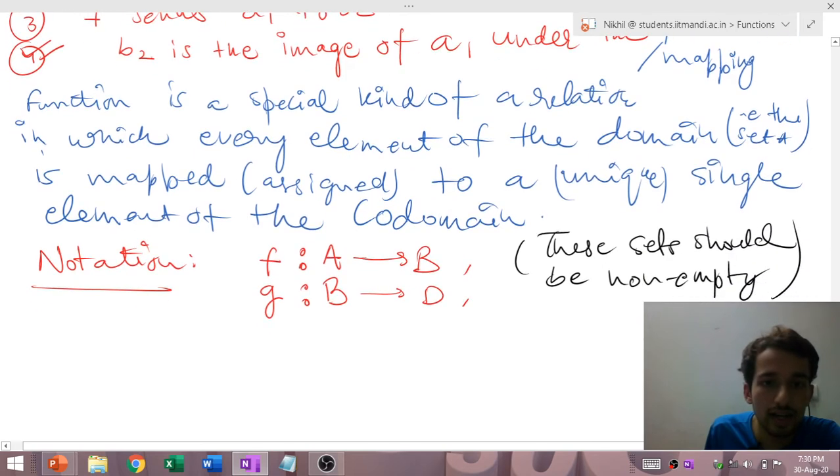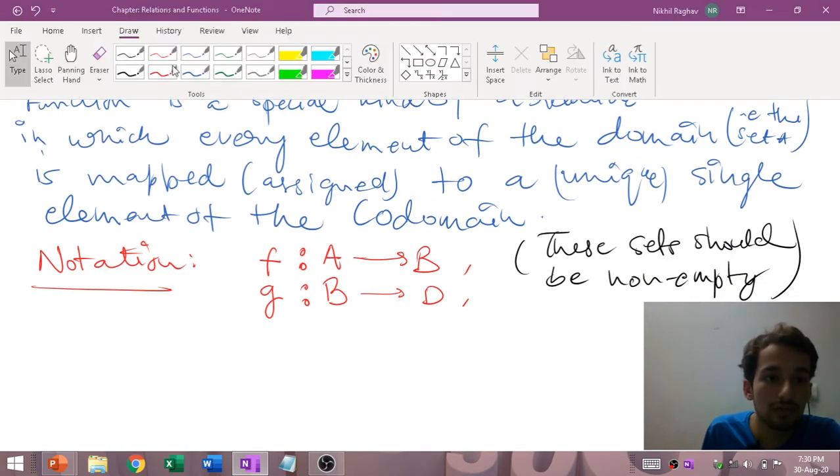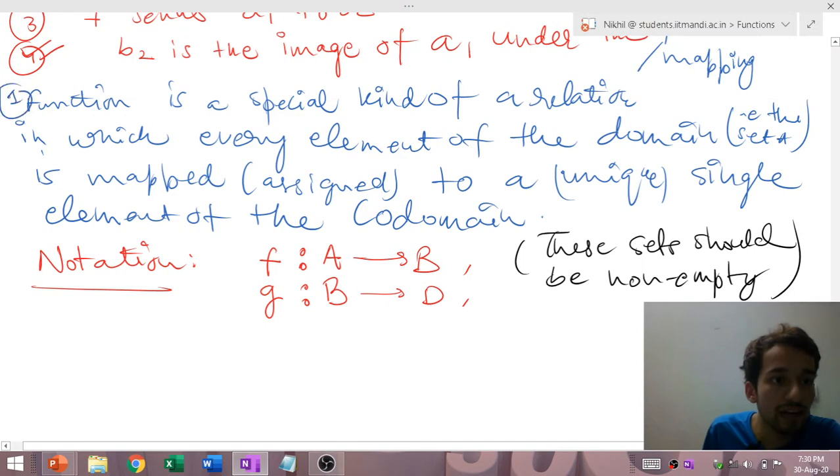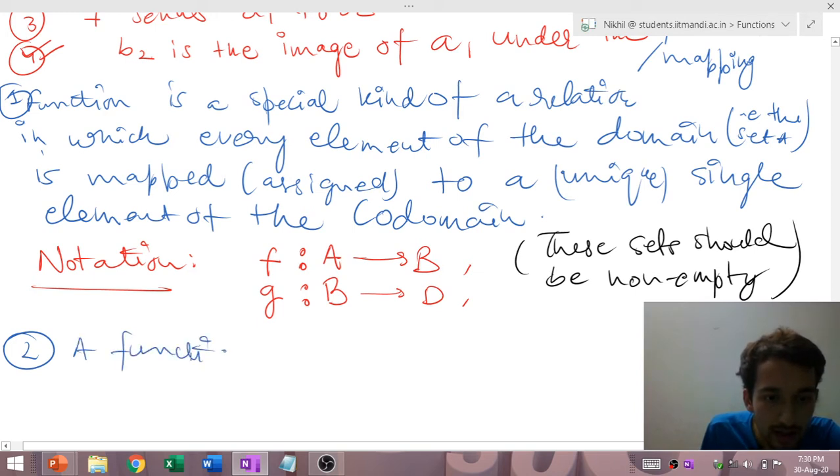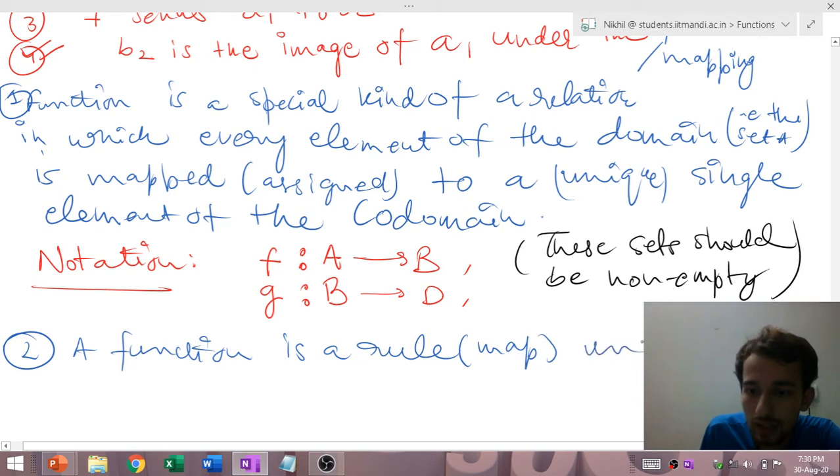Fine. So this is the requirement which we should know. This is a kind of definition which I have just given you. This is one way of writing a function. What could be another possible way? Can we say that if different elements of the domain are mapped to different elements of the codomain, then such a rule through which we are mapping those elements from the domain to the codomain is nothing but a function? So my function can be rewritten as: a function is a rule or map, whatever you write, under which